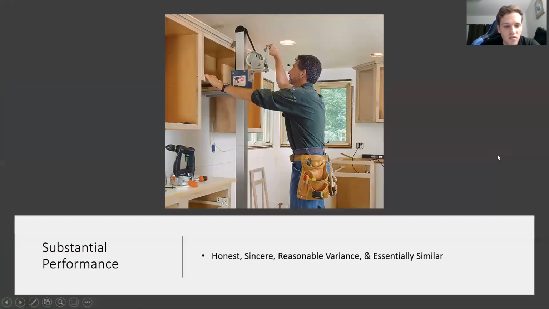The next is a substantial performance. A substantial performance has to be done honestly and sincerely, with any variance that happens to be within reasonable terms and leaving the end result essentially similar to what a perfect condition or a complete performance would be. And so an example of that would be like this person in the picture here,